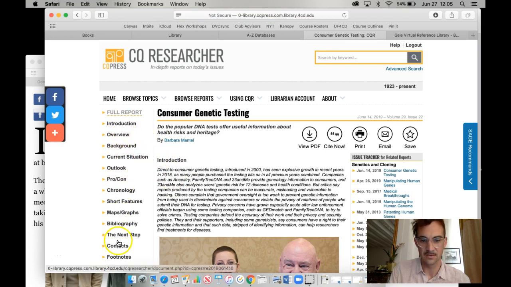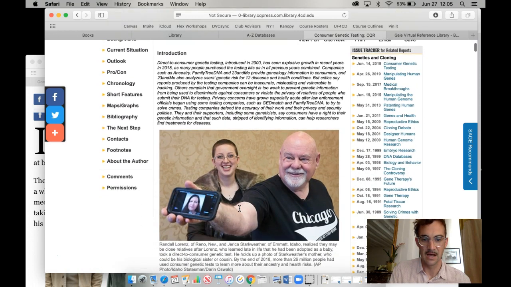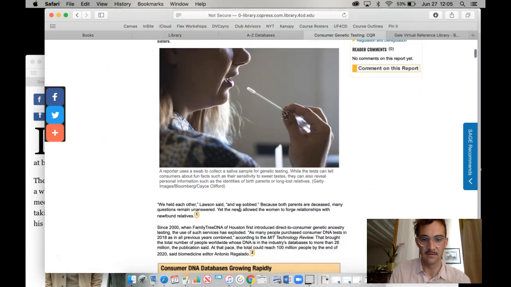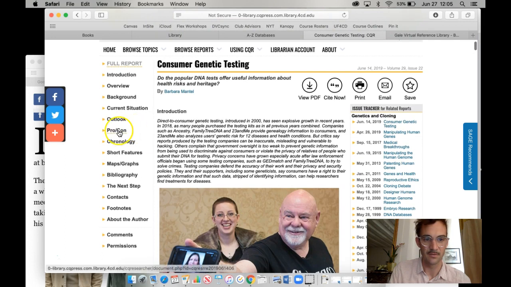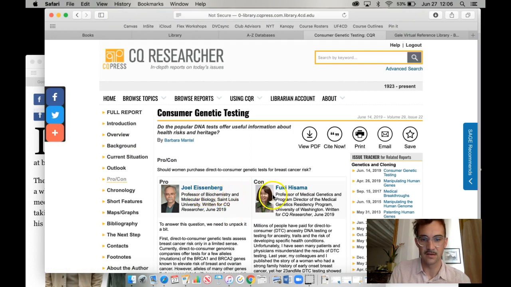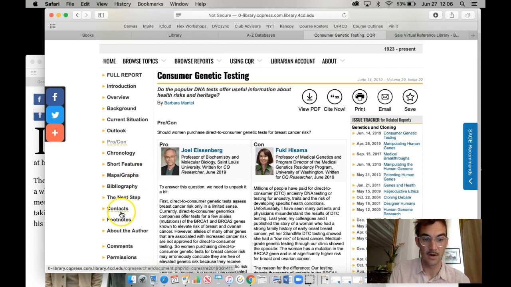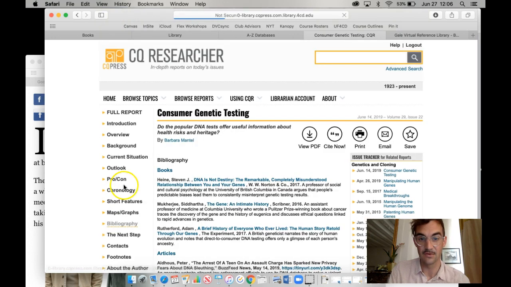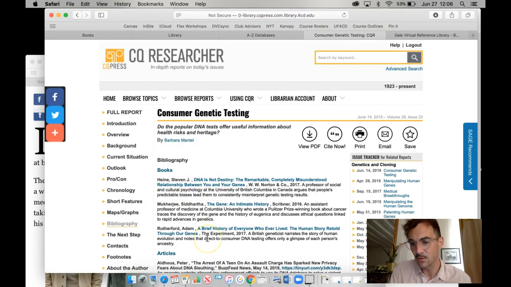And you can see there's a whole table of contents here, and it gives you a background, and it gives you pro-con, which is kind of cool, which gives you sort of opposing points of view, so you can see opposing points of view on this topic. It also, another really helpful thing is a bibliography, and it can give you some other places to look for research if you were to do more research, which we don't need to do for right now, but you will need to do in paper 3. So just wanted to point that out. Lots of good things that you can skim through here.